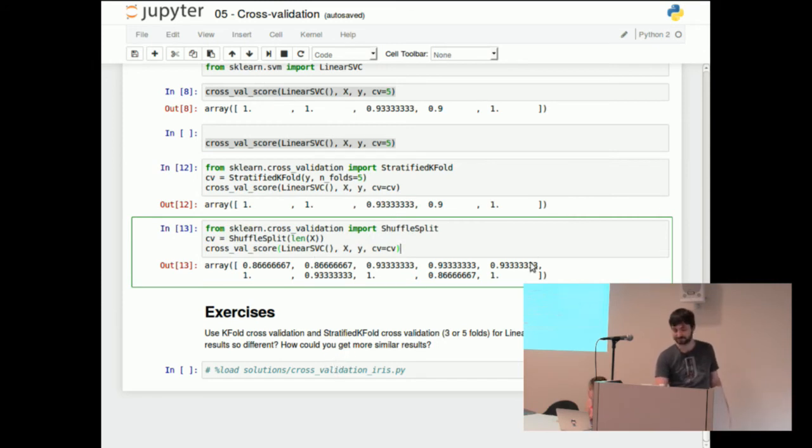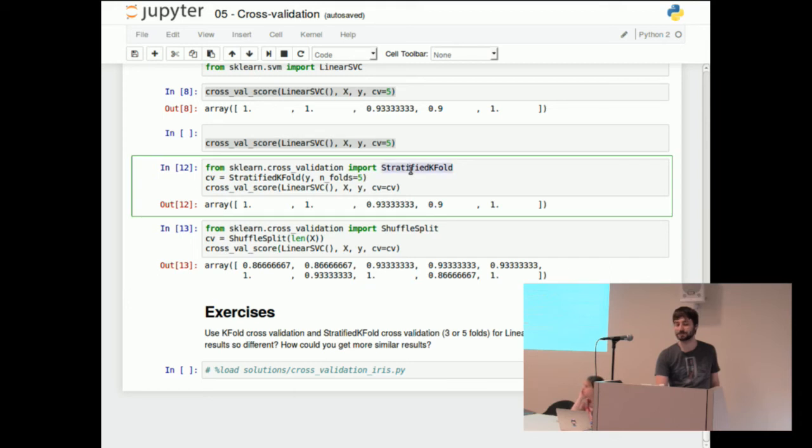If we choose the number of CVs to be one less than the number of labels, does that leave one out? Yes, but you can also just leave one out. You need one less than the number of data points? No, wait, that's the same, right? The same number as the number of data points. But there's also a leave one out routine in that same package. And it works the same as shuffle split. I mean, you call it in the same way. Yeah, there's like 10 of these by now. There's also, if you have additional extra information, like groups in your data,